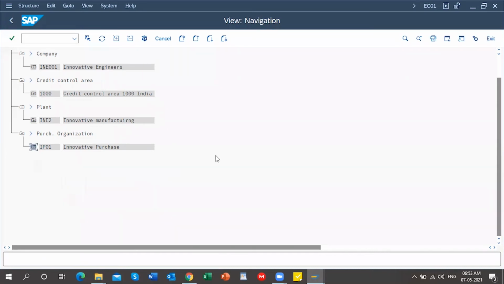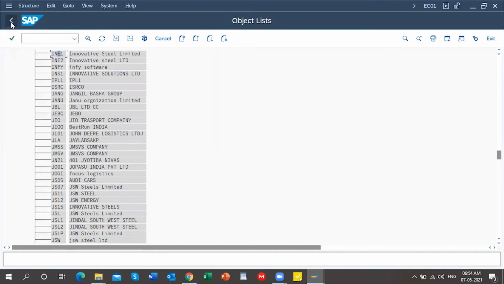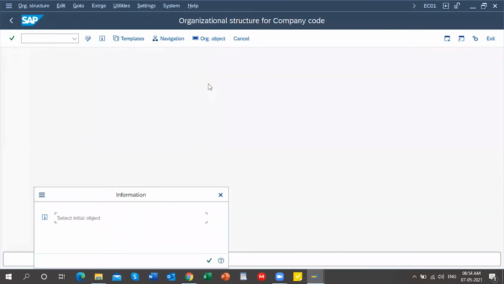One thing we cannot see here is the standard purchasing organizations or reference purchasing organization; we are just maintaining those in the purchasing data only. So this is the structure.